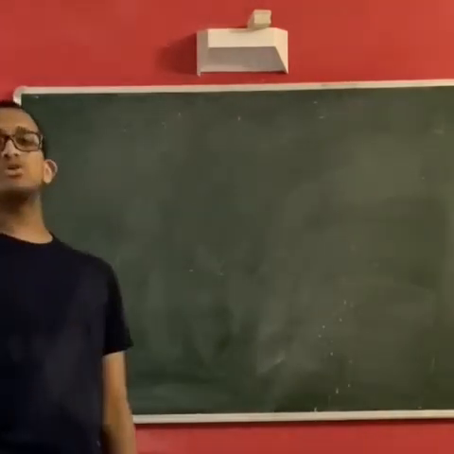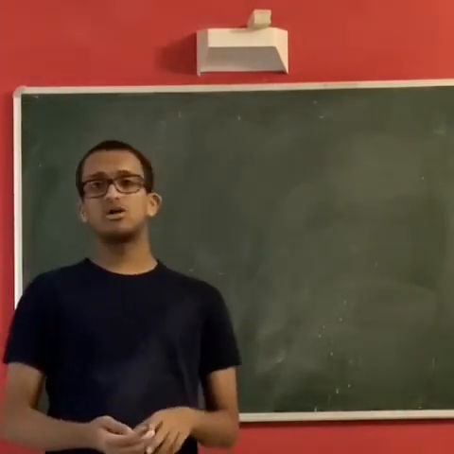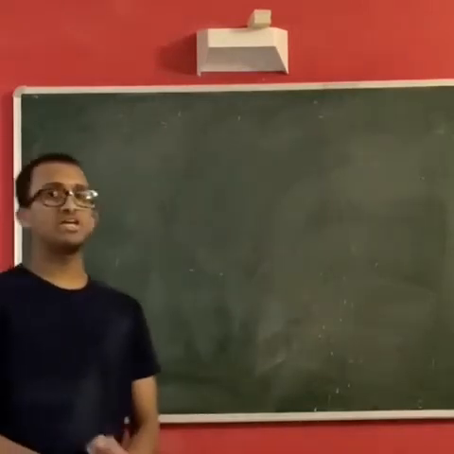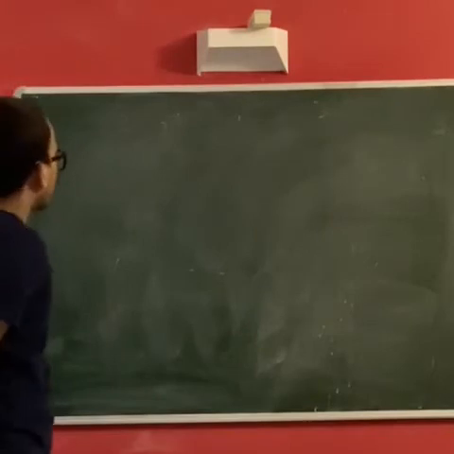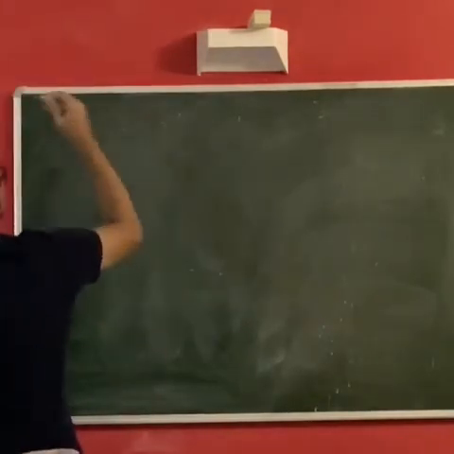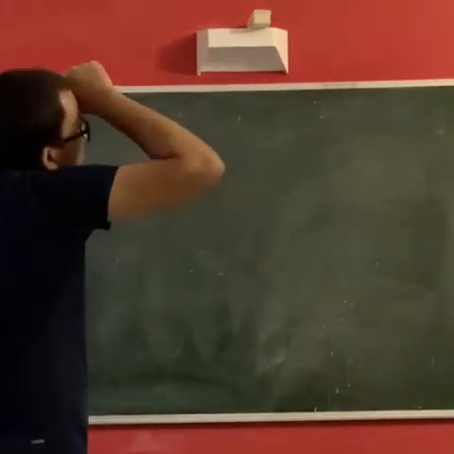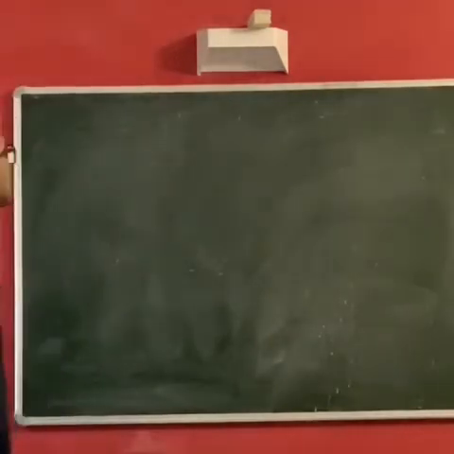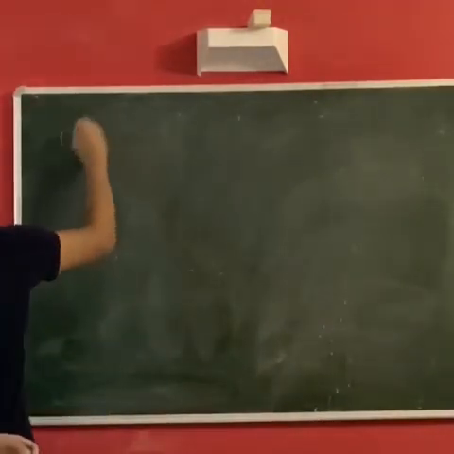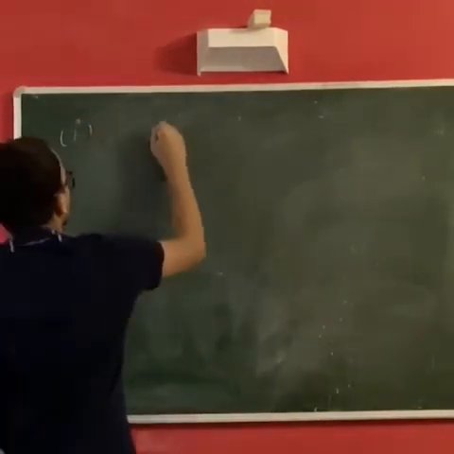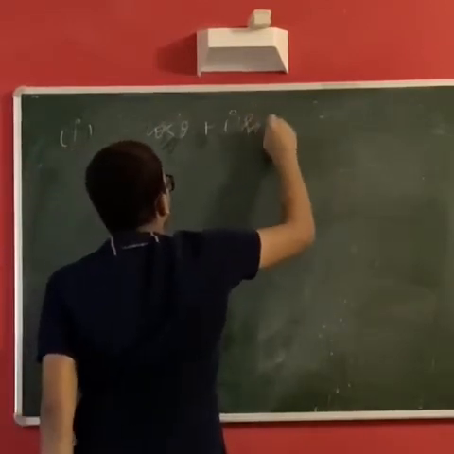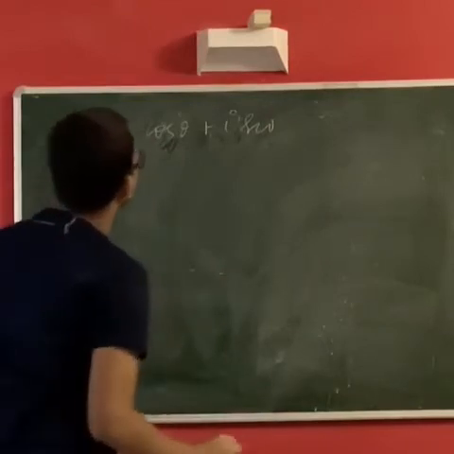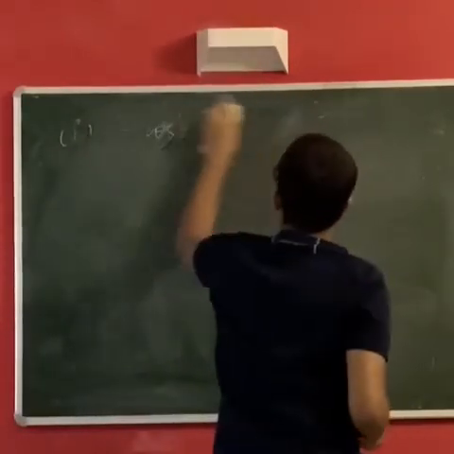Now we'll be moving on to a theorem that I said I would cover, which is very nice in terms of trigonometric application. It's called De Moivre's theorem. So there are three statements in the theorem. The first statement is cos theta plus i sin theta. Maybe I just write the name of the theorem first.